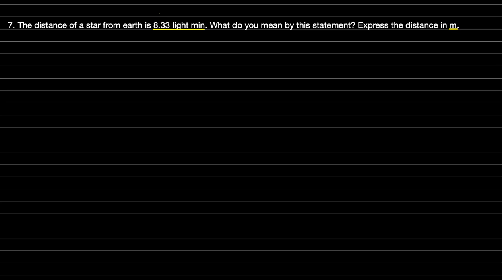So this is 8.33 light minutes. Let us understand how to convert this. So distance is given as 8.33 light minutes. So 1 light minute will be equal to speed of light